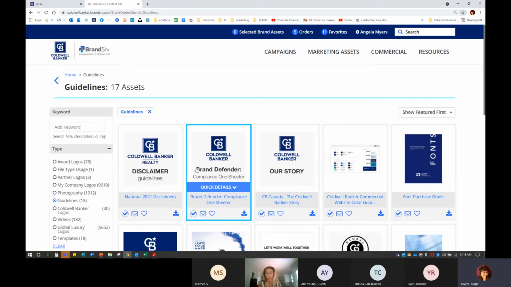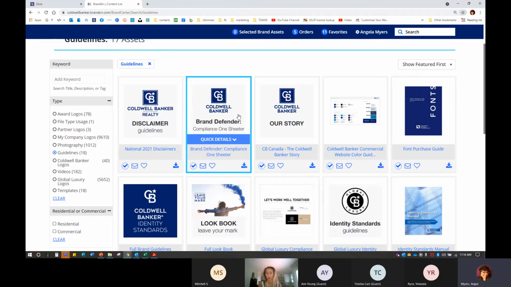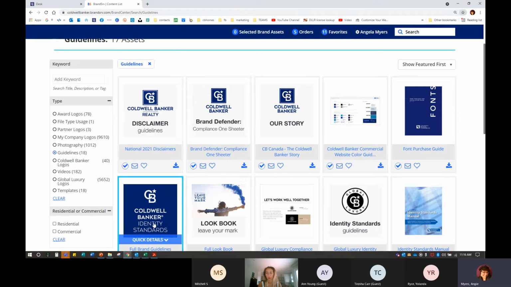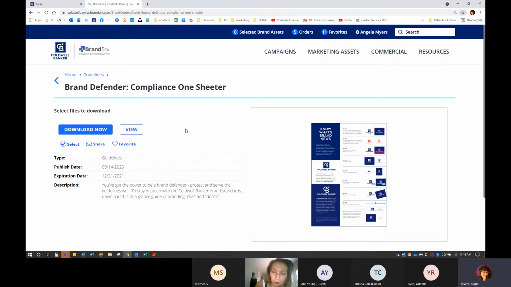So here we'll see the disclaimer again, a little bit more. So we have a brand defender. I like this. This is a one-sheeter. In a minute, we'll get to the identity standards. That's like 72 pages of marketing. I find that most agents are not interested in that, but this one-sheeter right here, you can click on,